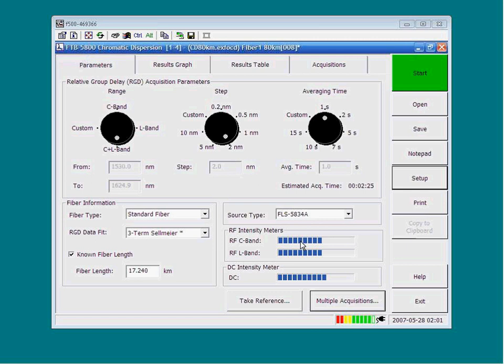So from here, we're looking at the FTB 500. We see the main menu at which we see our perimeter screen. One of the first things to do, now this is a step that I did before beginning the presentation, just to save a little bit on time, is, down here we have the Take Reference button. This is going to be in the lower part of the screen. If you hit the Take Reference button,